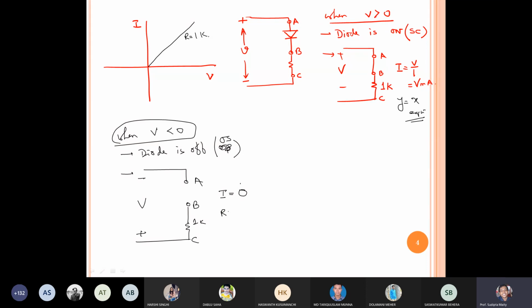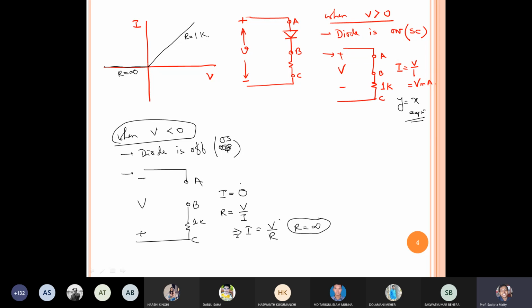So R means V by I. R equal to V by I, so we can write I equal to V by R. In this relation, the R should be infinite. As I have plotted using R, in the negative voltage, R equals infinite ohm. That is the beauty of expressing any circuit with a simple diode.